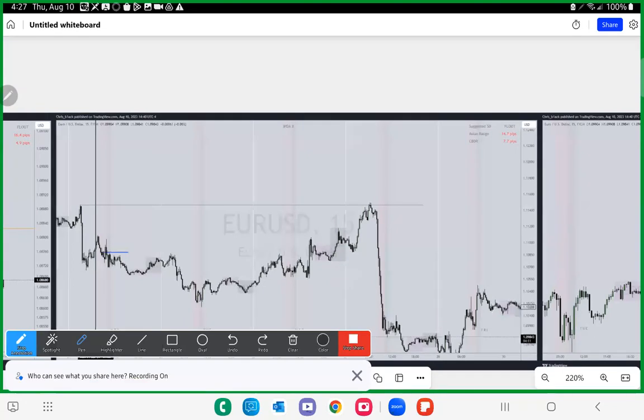However, this would be the London session, a little bit of a Judas swing, rallying higher. And as we approach New York, remember this red line is 8 a.m., so 7 a.m. is probably right here. As we approach New York, we've already taken out a previous day's high. Do I really expect London to be a continuation? So remember that 85% or 80% chance that New York is a continuation. Whenever we make it to a previous day high, previous week high, or just a higher time frame liquidity pool, this drops off, and then we start to think smart money reversal.